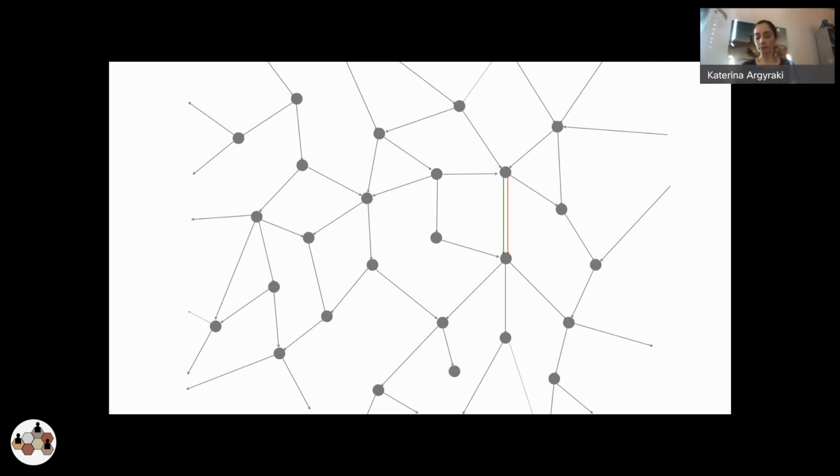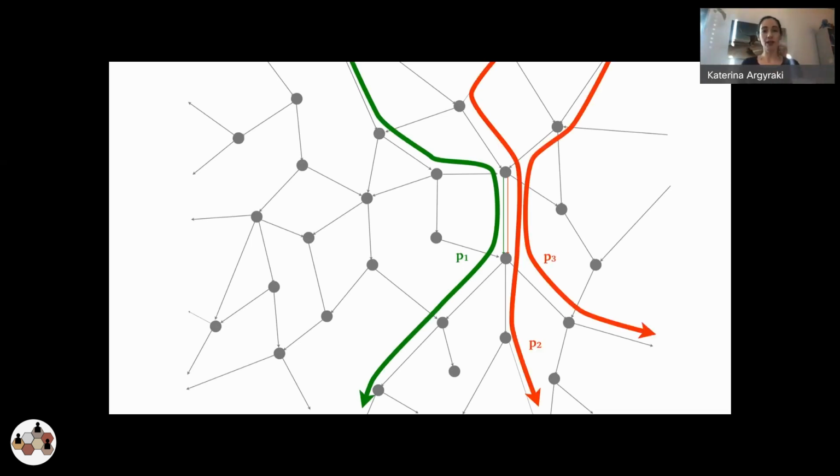So suppose, for example, that we observe path P1, which is never congested, and then we observe paths P2 and P3, which carry a certain kind of traffic. Let's say it's peer-to-peer traffic. And let's say that paths P2 and P3 are occasionally congested, and they happen to suffer congestion at the same point in time. Now, can we use this observation to confidently conclude that this particular link is violating neutrality? You're probably guessing that the answer is yes,